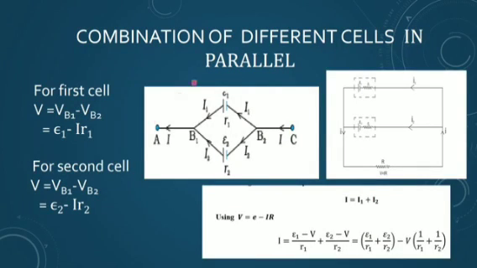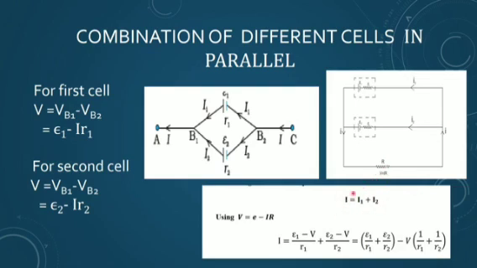Now if I take the combination of different cells in parallel, like we have done for the parallel combination, I have to put it like this. The potential difference has to be the same. The EMFs we are supposing are E1 and E2, the internal resistances we are taking are R1 and R2, and this is the external resistance R, which is joined in the circuit. Now what happens? Current I is flowing and it gets divided into two parts, I1 and I2. So current I is given by I1 plus I2.